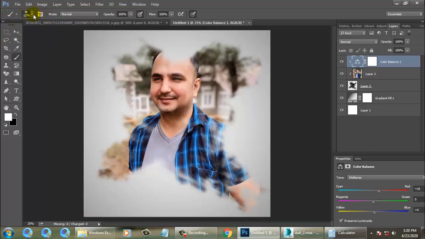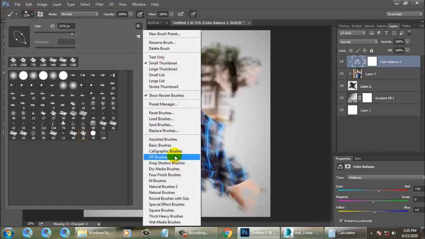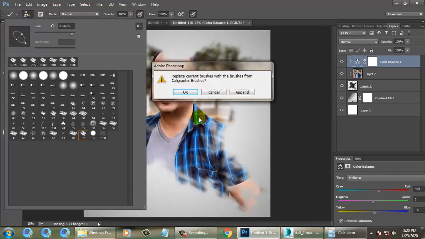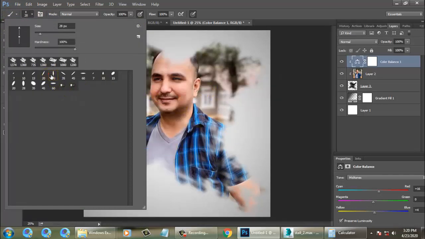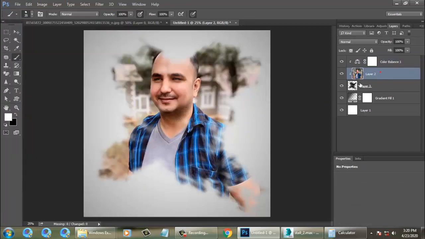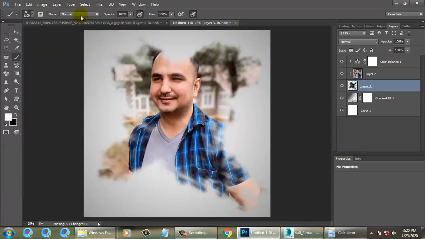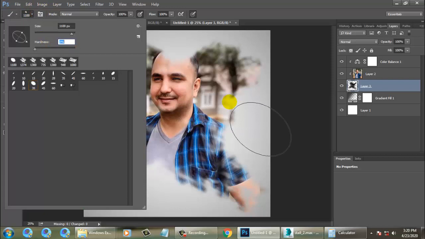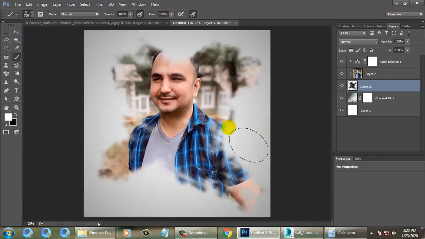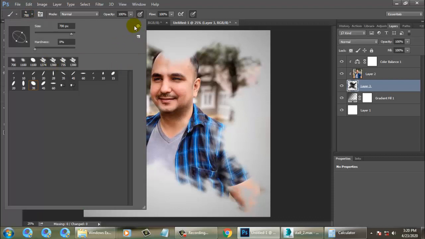You can also take some other brushes if you want. You have different brushes over here. You can take any of the brushes. So let's go into this, increase the size of the brush, and you have the hardness and the softness. If you want the hardness and the softness, you can do that. That can be done. But if you take a kind of this brush, that would work much better.